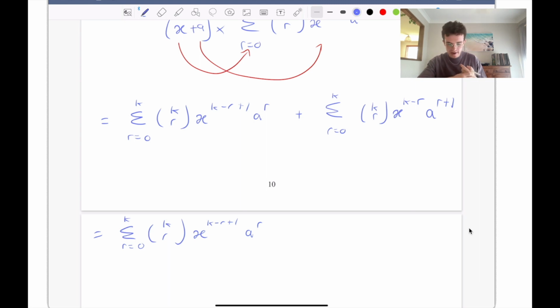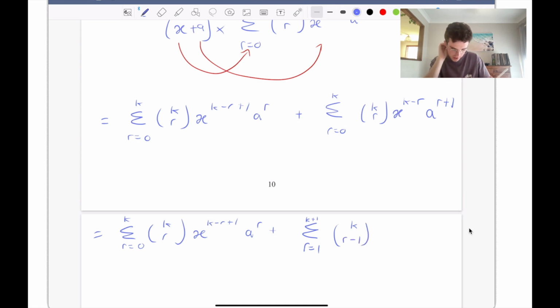We're going to take out 1a, and the way we're going to do that is by moving everything in this sequence across by 1. So instead of starting from r is 0, we're going to start from r is 1. And if we move this whole sequence up by 1, instead of ending at k, we're going to end at k plus 1. So if we just move that sequence over by 1, it's the same thing. We're like picking it up and putting it over by 1. So this will be k. Now r is going to be